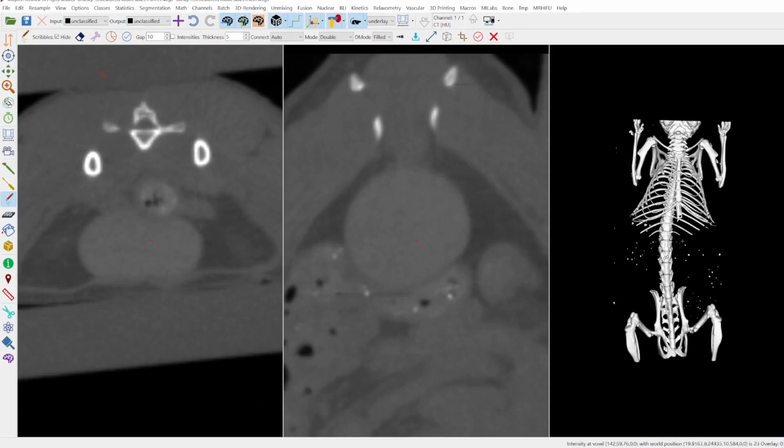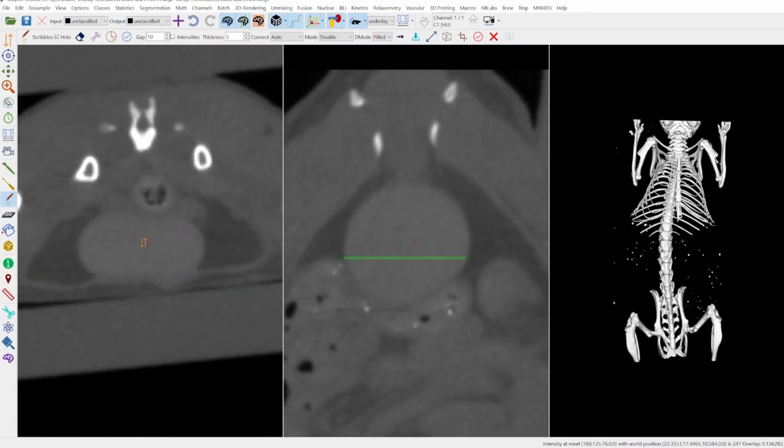Another thing: when you open the scribble tool, you can find a special mouse settings toolbar on the top. I will explain all these functions in this video. But for most operations, you can just use the default settings. So now I will just go on with the default settings, and I will start to delineate the boundaries.